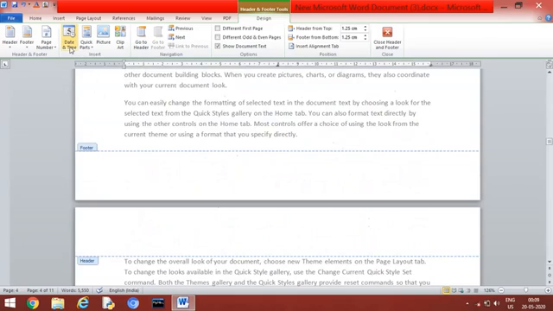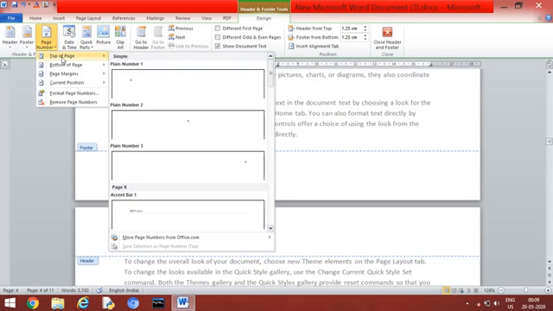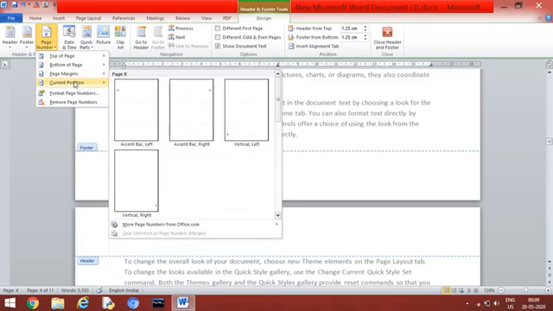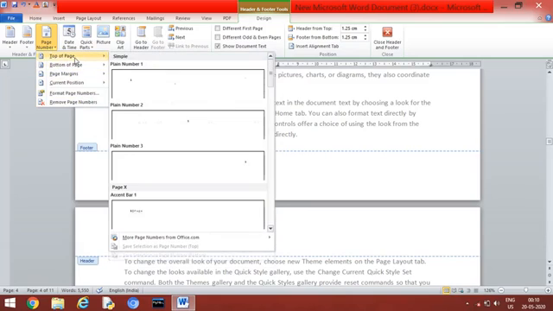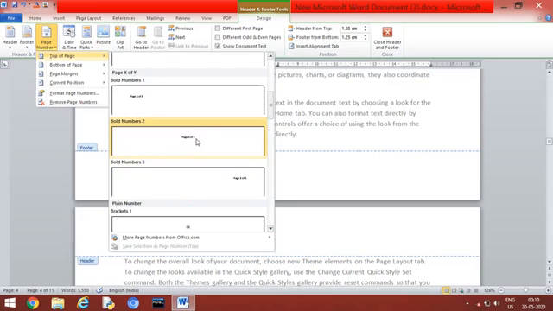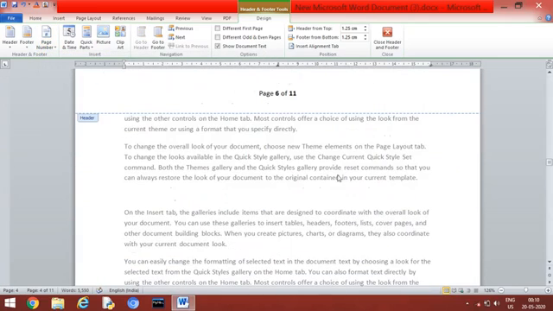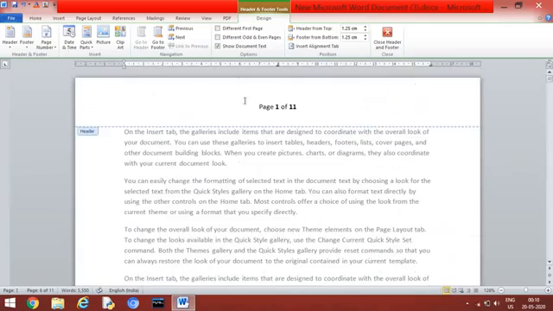Now again, if you want to give page number, you can give from here. So suppose you click the page number, you will get page number at top of page, bottom of page, page margin, current position, format page number, and remove page number. So in top of page you will get so many formats. In top of page, the number will appear at the top of the page. Okay, so whichever position you want, you can choose the format from here and you can give it like this. So you can see the page number will appear like this.